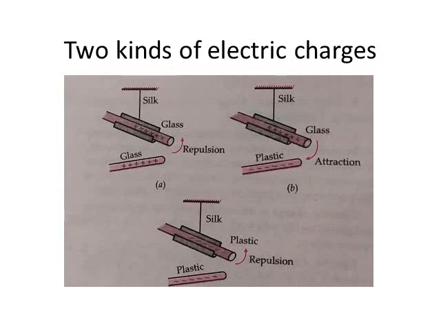From this activity, it was noted that the charge produced on a glass rod is different from the charge produced on the plastic rod, and hence concluded that, number 1, there are only two kinds of electric charges, positive and negative, and number 2, like charges repel each other and unlike charges attract each other. This statement is also known as the fundamental law of electric charges.